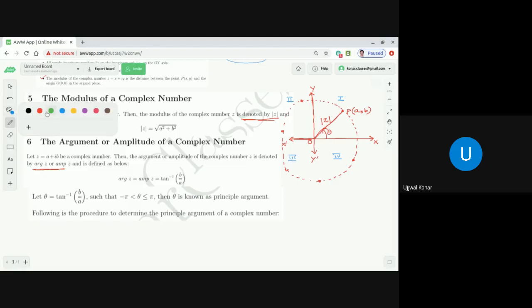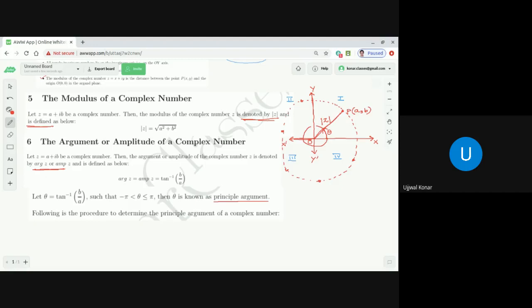Why is the principal argument coming into the discussion? Because for the same complex number, you can have many arguments, with a difference of 2 pi. You get this angle theta, right? Again, you can get this angle if you add 2 pi to it, correct or not? Again, you add 2 pi to it. So there are many arguments possible for a complex number. But we will consider it the principal argument if theta is in between minus pi to pi. This is all.